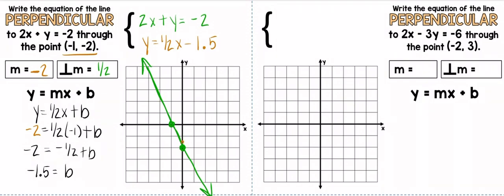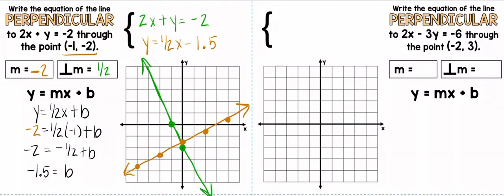So here's -1, so halfway to -2. It's right there. Okay, and then my slope, I'm going up 1 to the right 2, or down 1 to the left 2. Okay, I'm going to draw my line. That's where they intersect at a 90-degree angle. They're perpendicular. Okay, and then my next one, I have write the equation of the line perpendicular to 2x minus